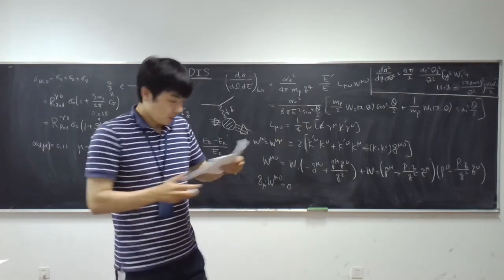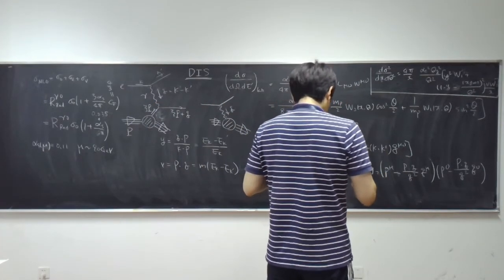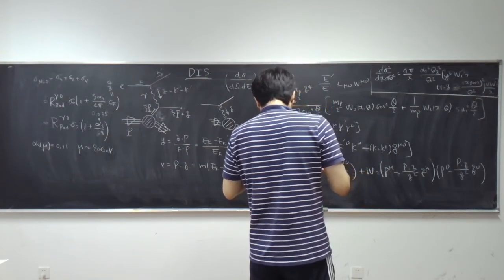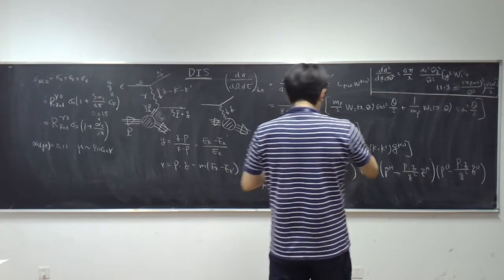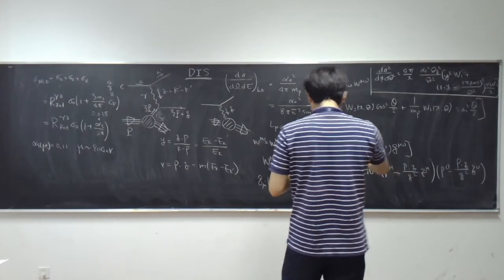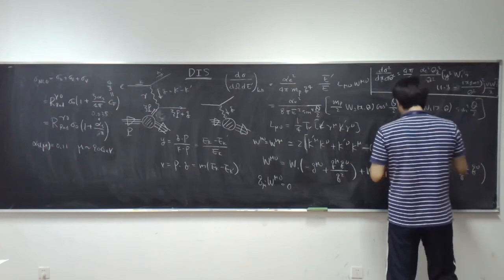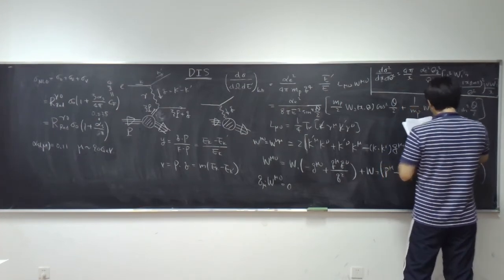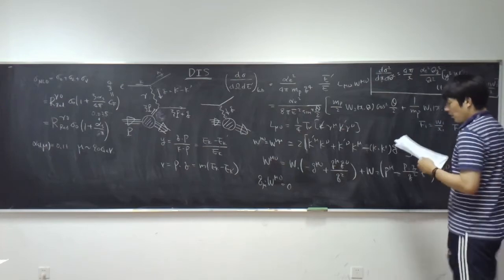And then it's called the Bjorken scaling, so when you define F1 is equal to W1 over x and F2 is ν W2 over x,